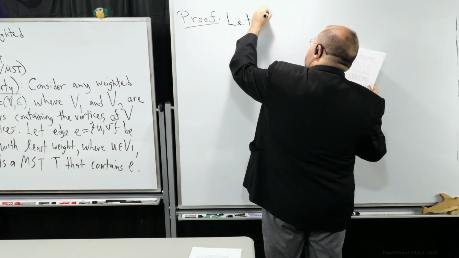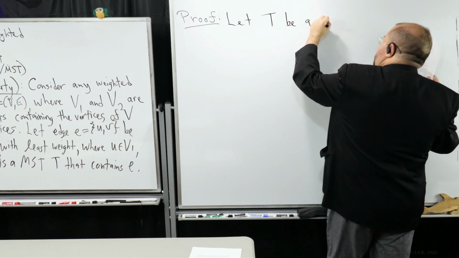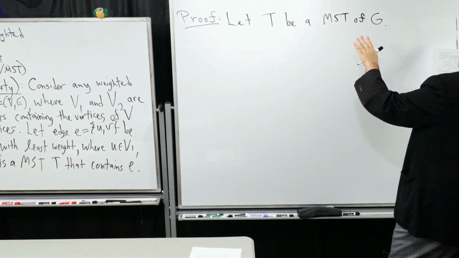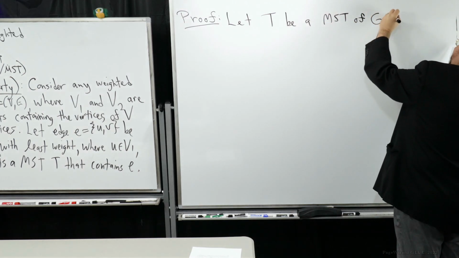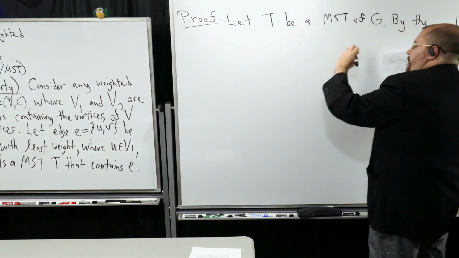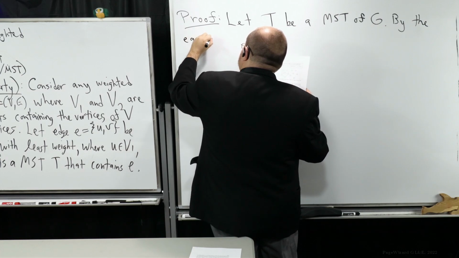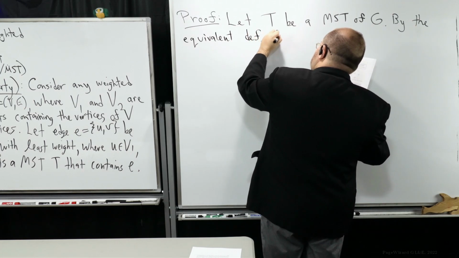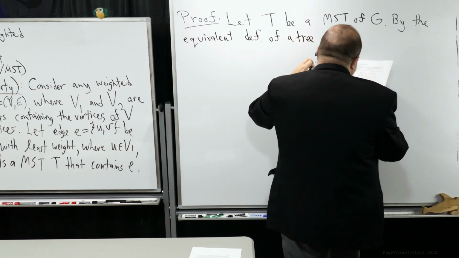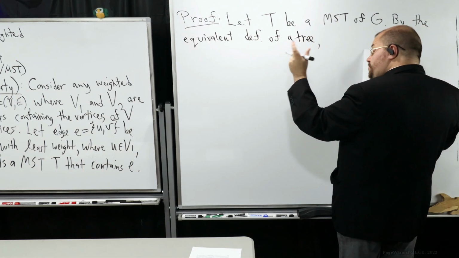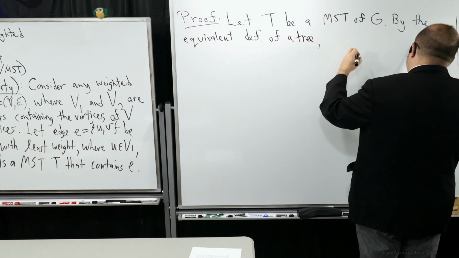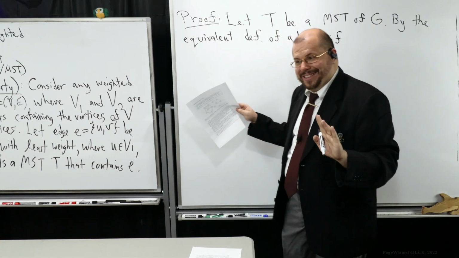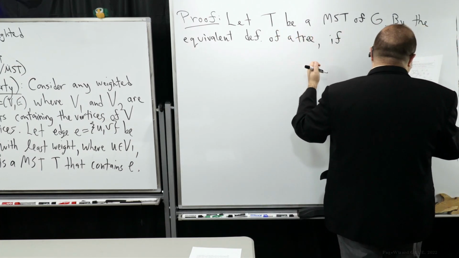So let T be a minimum spanning tree of G. So we're going to start off. So T is going to be a minimum spanning tree. Now remember, it is a tree, right? So by the equivalent definitions of a tree, I'm going to use the fact it's a tree. I'm going to use one of the two properties I just talked about. Because remember, if T has E in it, we're done, right? We don't have to do anything. However, if it doesn't, as we need to really show here,